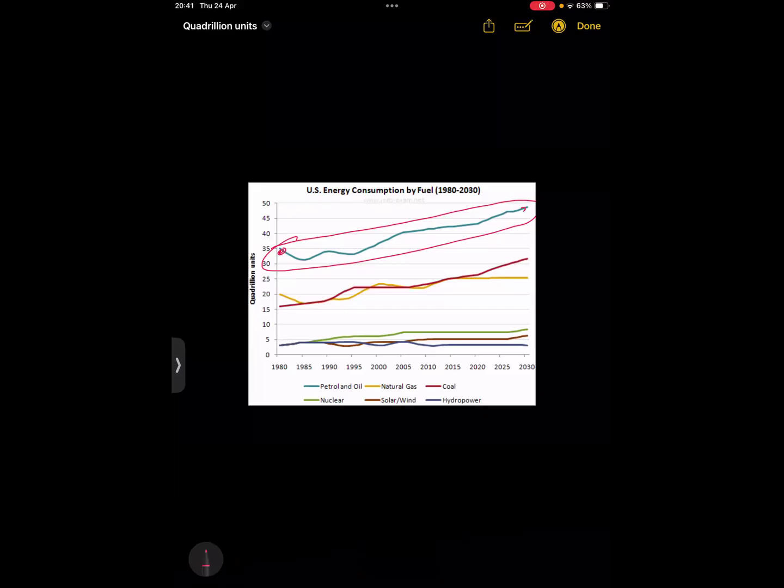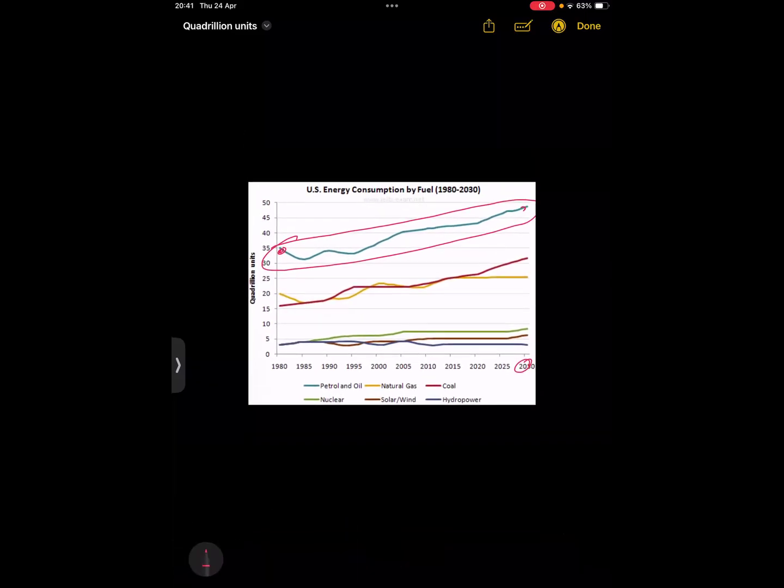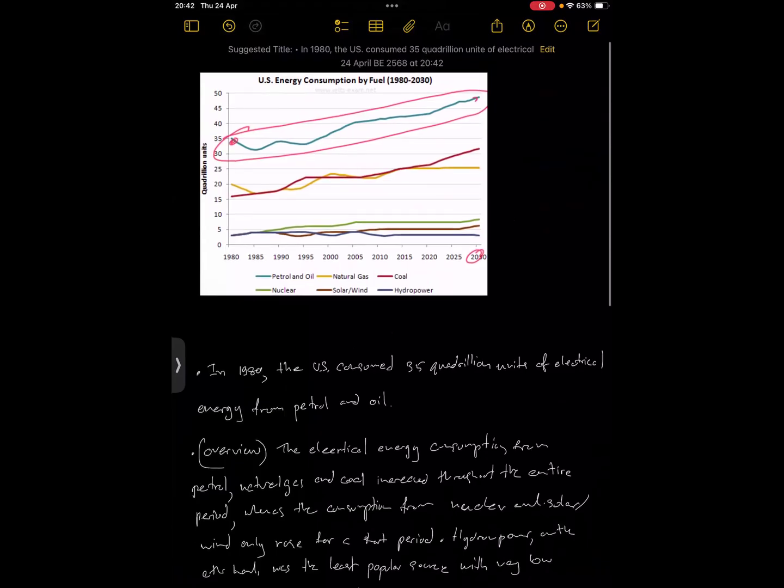So what we see here is petrol and oil has a positive slope from 1980 to 2030. But 2030 is in the future, so we need to use the phrases that we learned in chapter 1. Before we do that, let's just describe it normally as if it already happened in the past. If I assume that everything had already happened in the past, then I can say